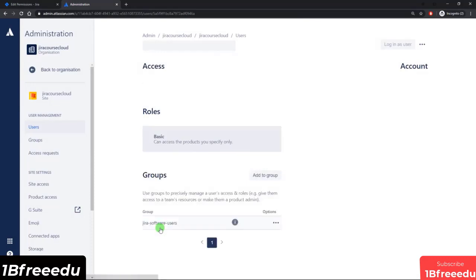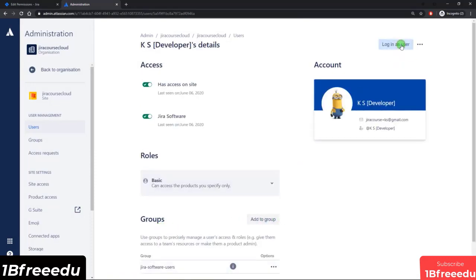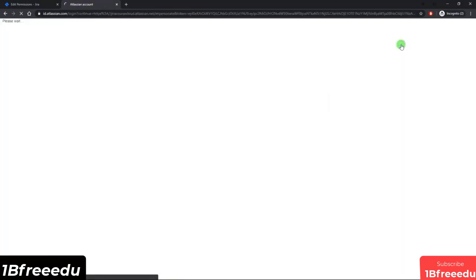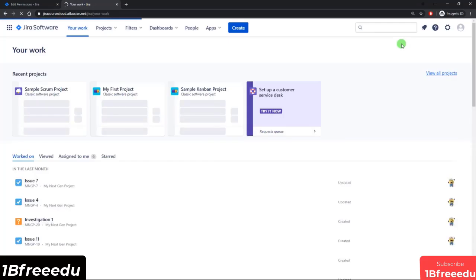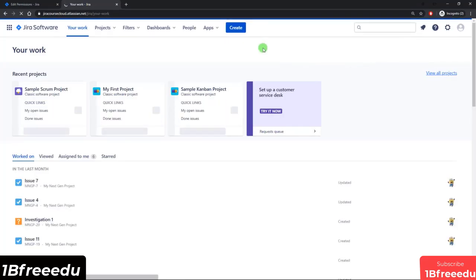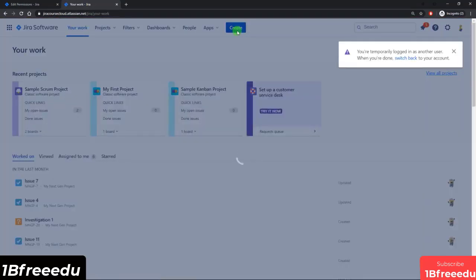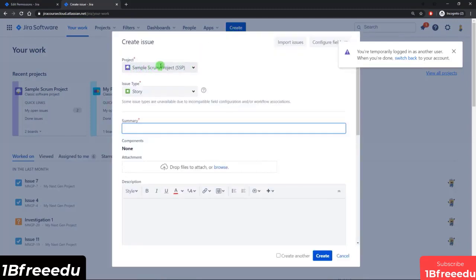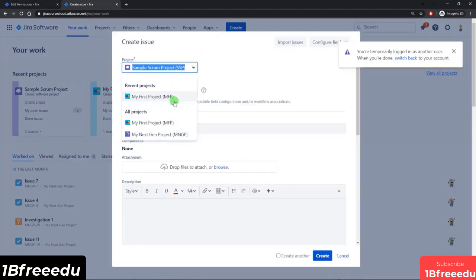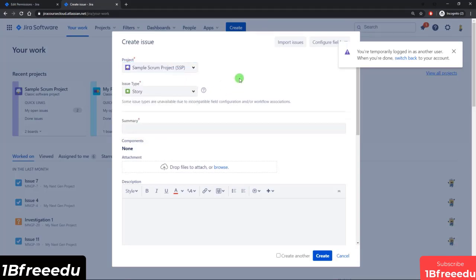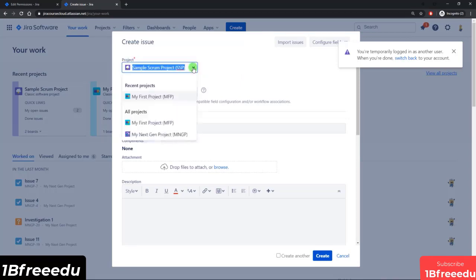We'll come down and find the respective user. Let's log in. So here we expect to see only the sample Scrum project and not the Kanban. And there you go, so I can see sample Scrum, and I do not see Kanban, so there you go, it works. Now, I don't know if you noticed, but even for Adam Smith, and as well as this user,